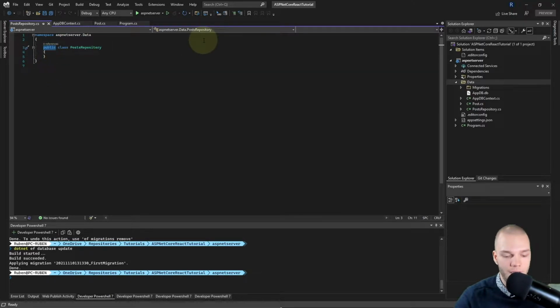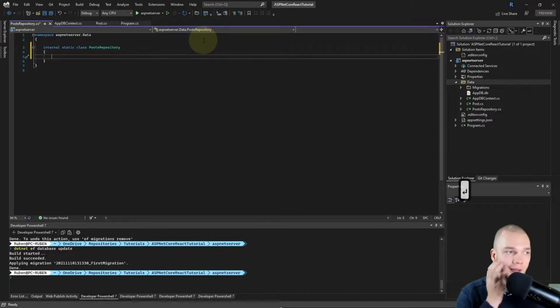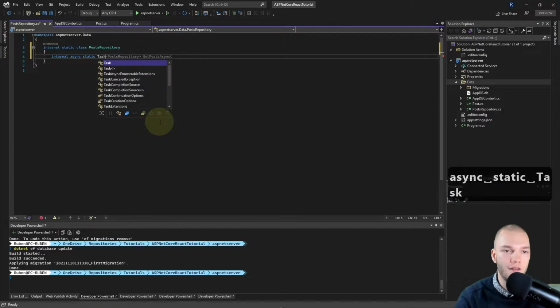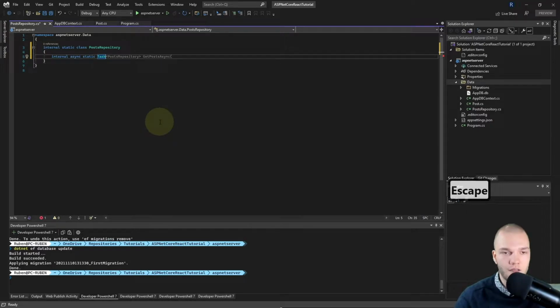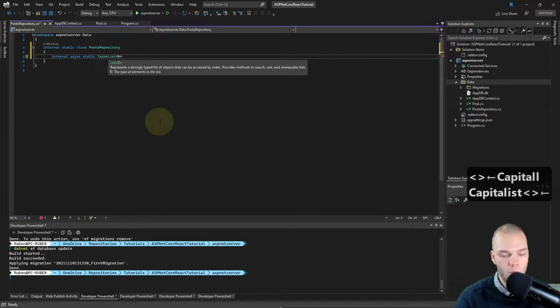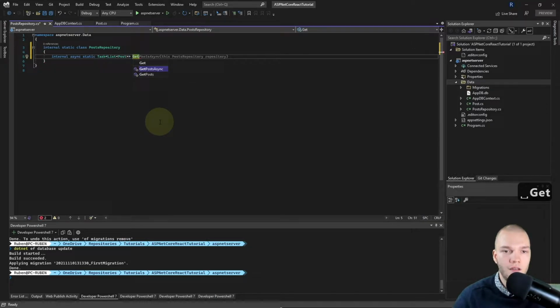So I'll first make this an internal static class. Right, and first up I want to do the read operation, so to get all the posts, and we'll also make them asynchronous. So internal async static task, and we're gonna return a list of type post, and we'll name it get posts async.